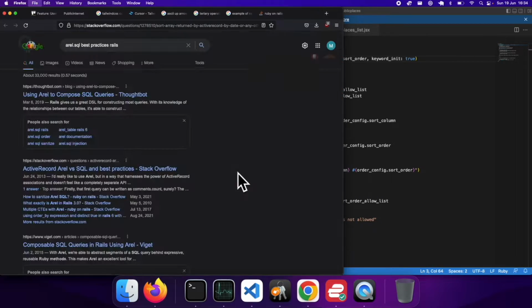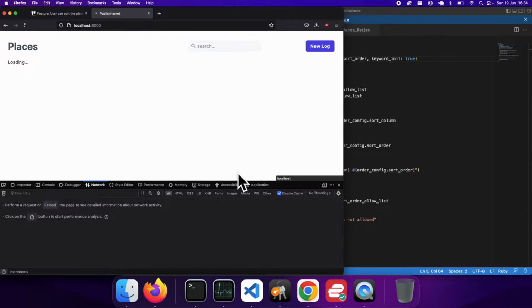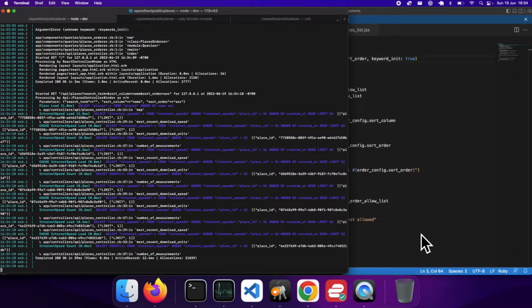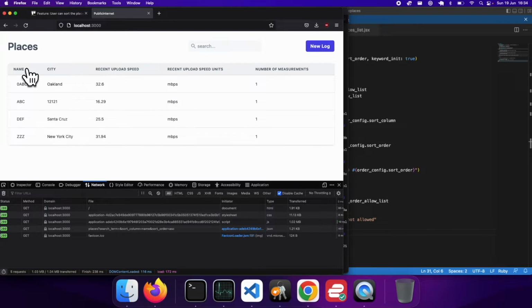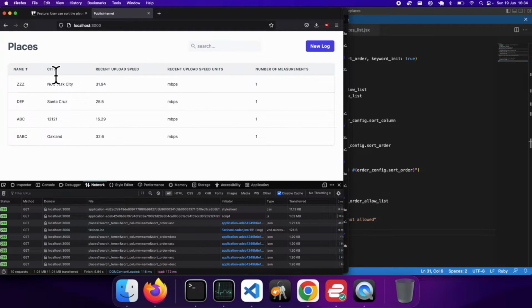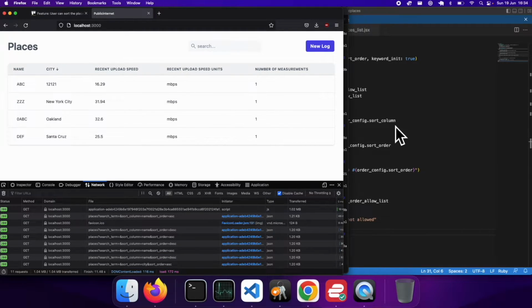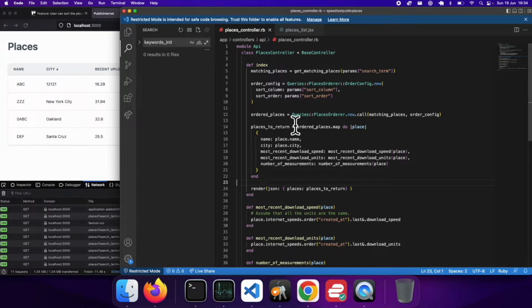Okay, let me just clear out all my tabs here. So we were debugging. Okay, well, we figured it out now. Cool. So if we click on this, we reverse the list. Okay, cool. And then if we click city, it also reverses, and looks like I forgot to add the